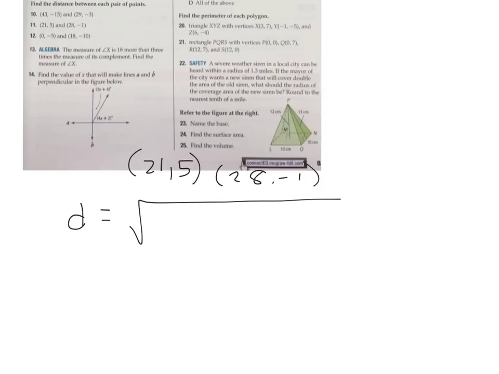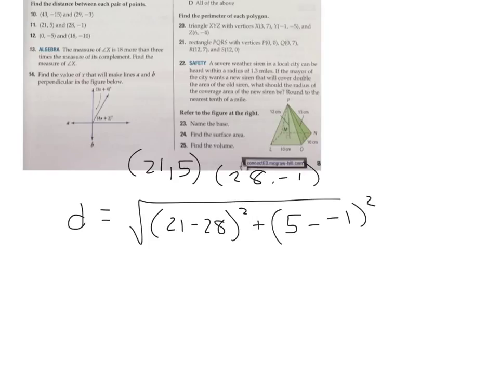Okay, let's do number 11 now. Again, the distance formula. So the distance is going to equal, my 2 points on this one are (21, 5) and (28, -1). Okay, so the square root of (21 minus 28) quantity squared plus, since I started with 21, I have to start with 5 minus a -1